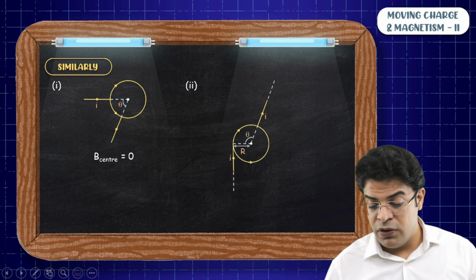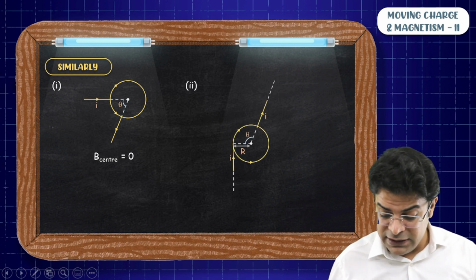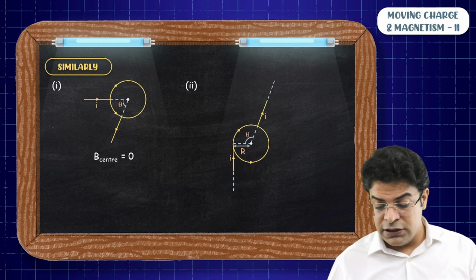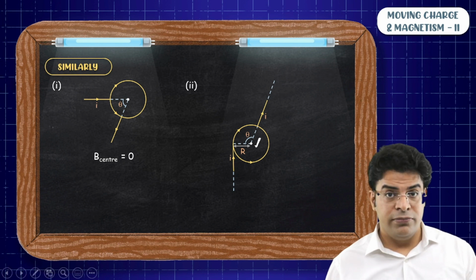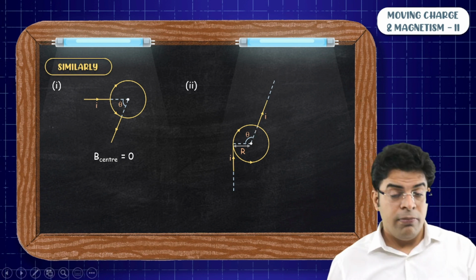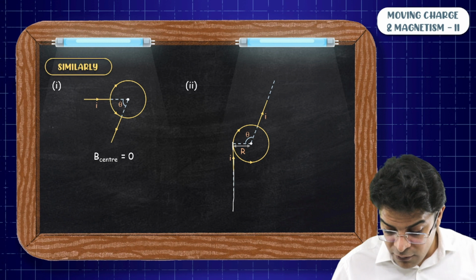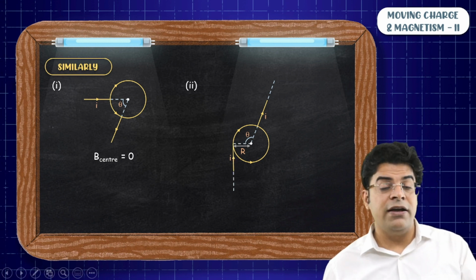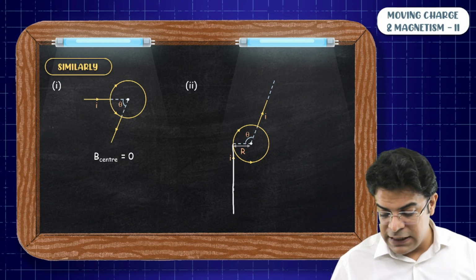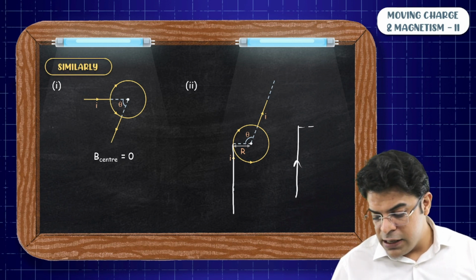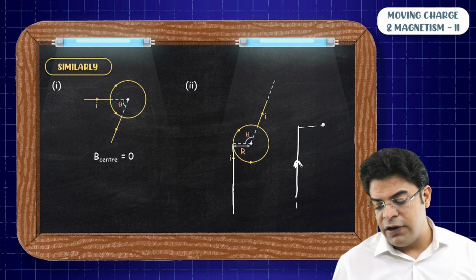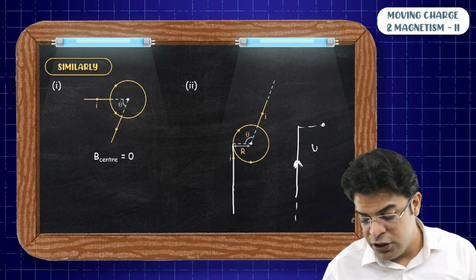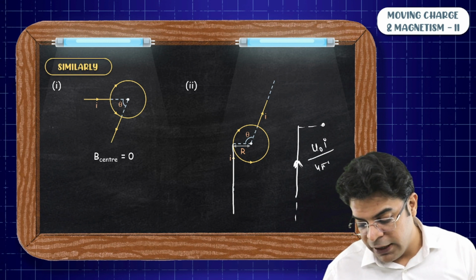They might give you a case like this. Now, in this case, due to this wire through which the current exits, there is no magnetic field at the center because it's on the same line. But due to the wire from which the current enters, now at the central point, the field is not 0. So think of the semi-infinitely long wire and this point, and this semi-infinitely long wire will produce a magnetic field at this point, and that magnetic field will be mu naught I by 4 pi r.